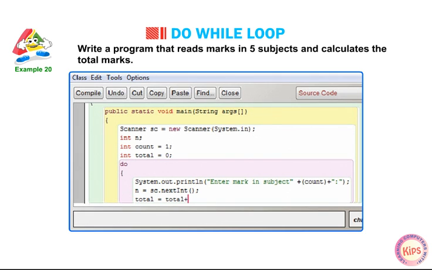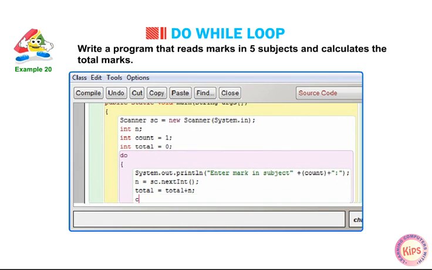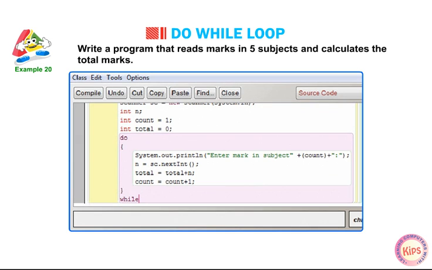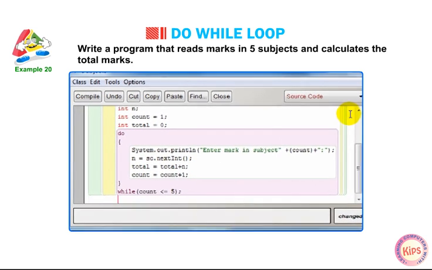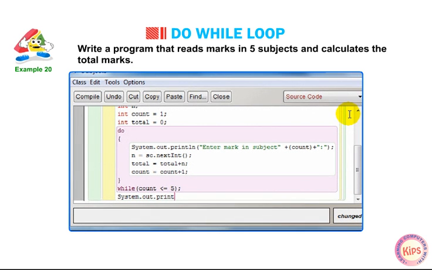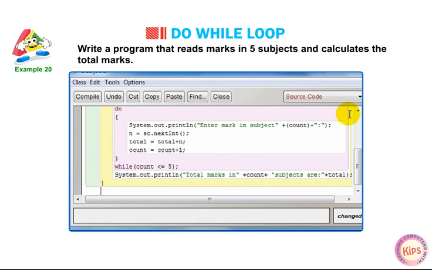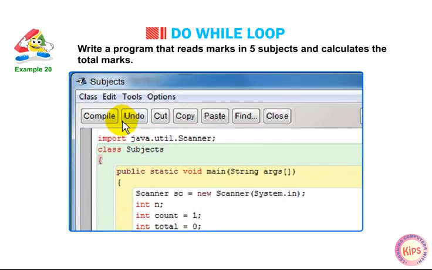total = total + n; count = count + 1; } while (count <= 5); System.out.println("Total marks in " + count + " subjects are: " + total); } }